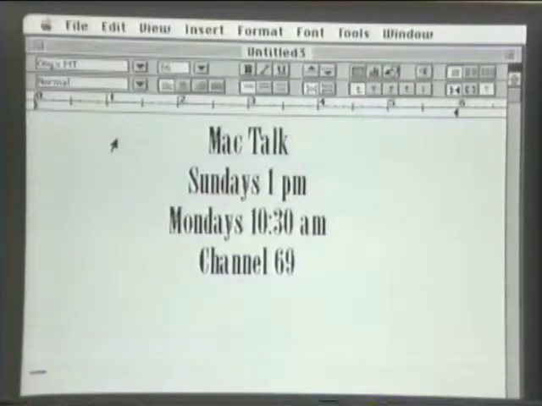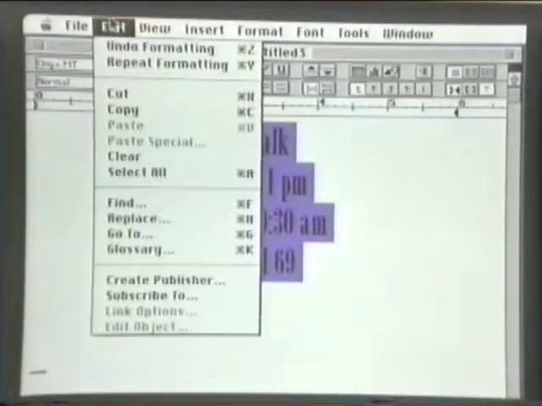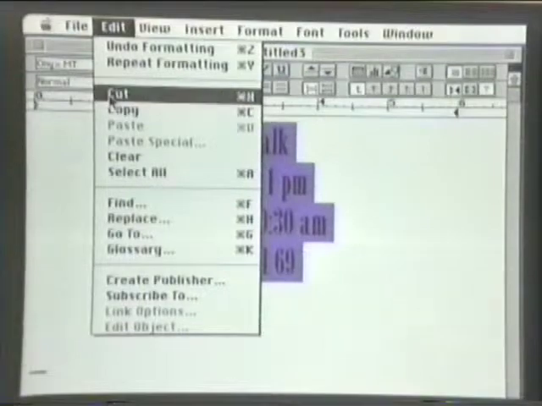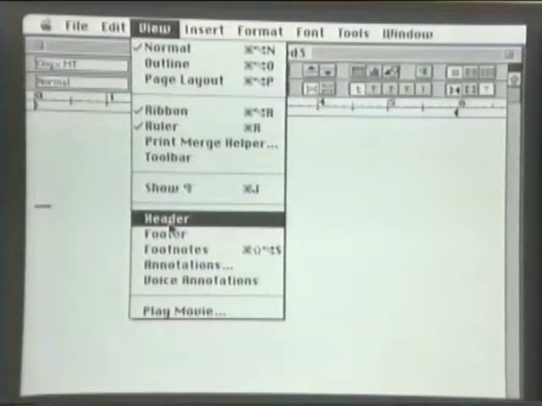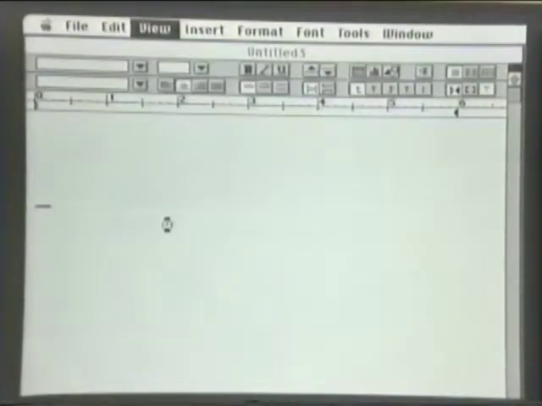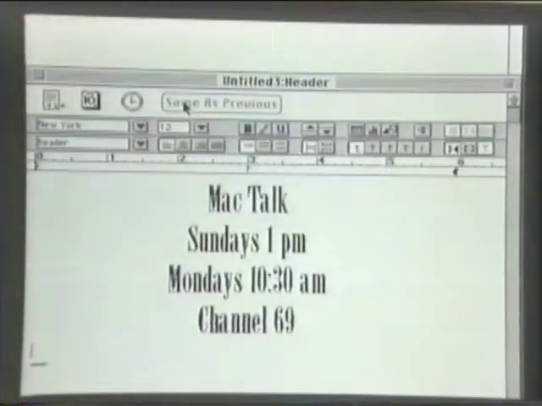The way to create a letterhead is to take this text and put it in a header. Here in the View menu, we find Header. When I select Header, I get a window with the same ribbon and ruler and a few extra buttons. So now if I paste into the header the text I'd cut out,